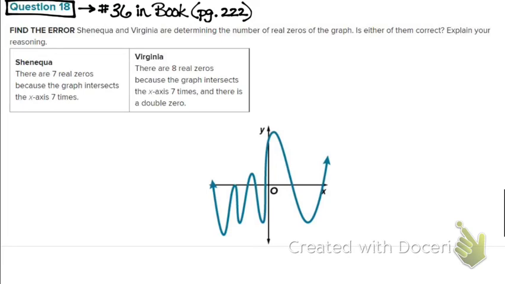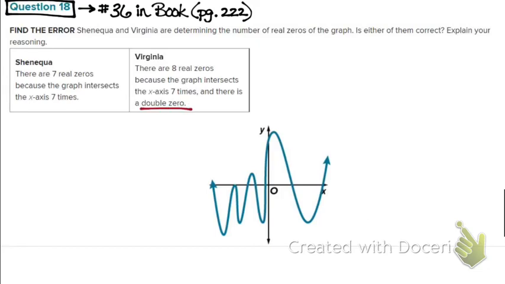Shaniqua and Virginia are determining the number of real zeros on the graph. Is either of them correct? Explain your reasoning. Shaniqua says there are 7 real zeros because the graph intersects the x-axis 7 times. Virginia says there are 8 real zeros because the graph intersects the x-axis 7 times and there is a double